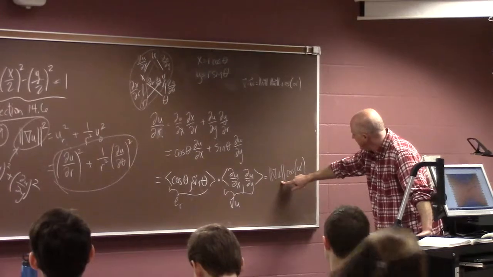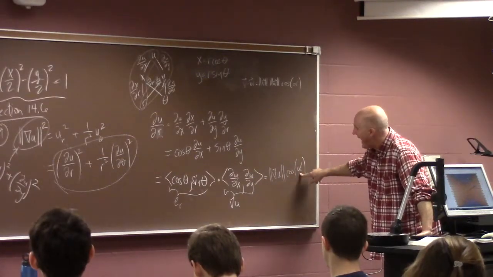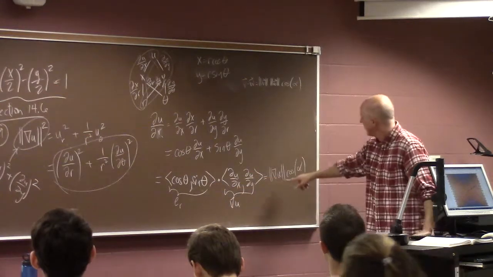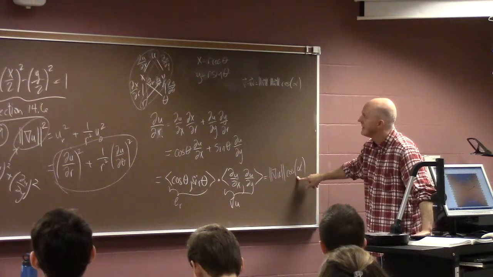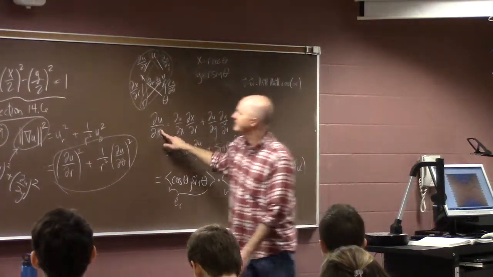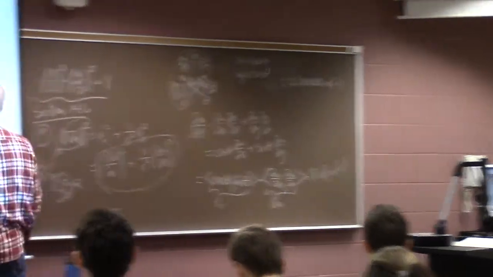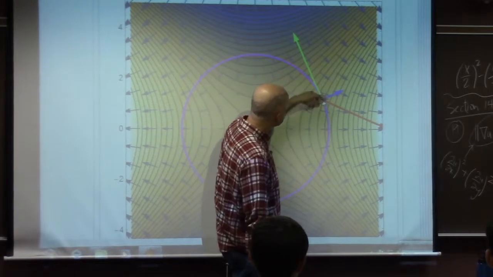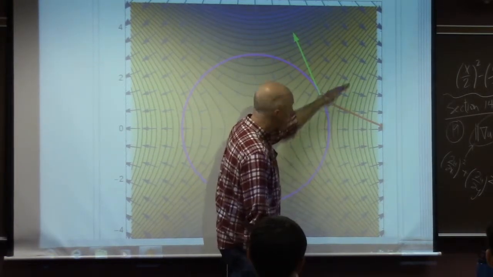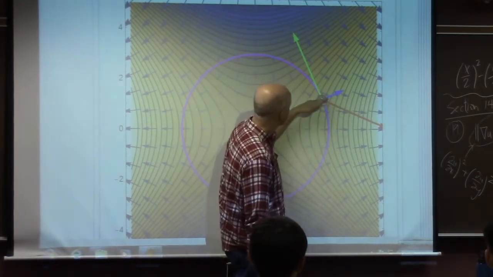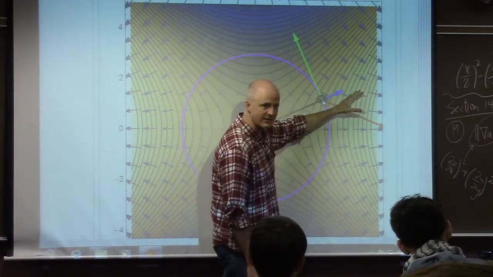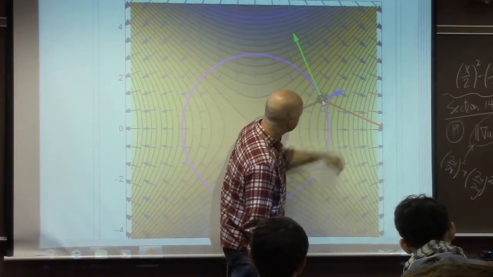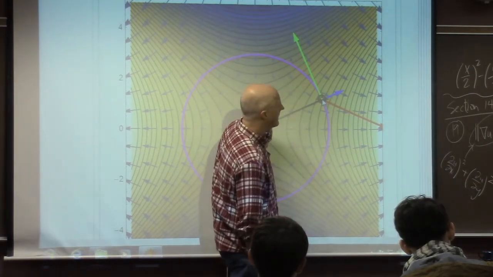In other words, the gradient vector's magnitude, and the angle that these two things make with each other have the effect on this rate of change, du dr. When I get further away from the origin, the gradient vector, which is the red vector, does get a little longer because I'm on level curves that are higher values of the function where they're closer together. So the gradient vector gets a little longer, and also